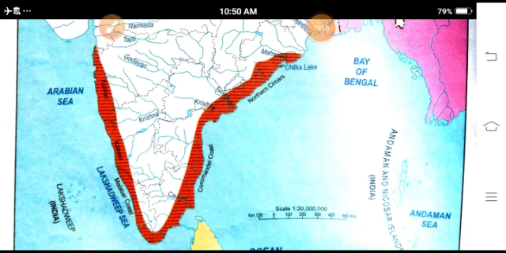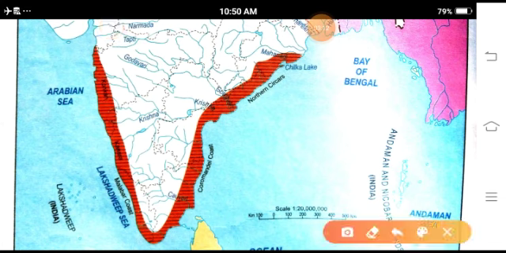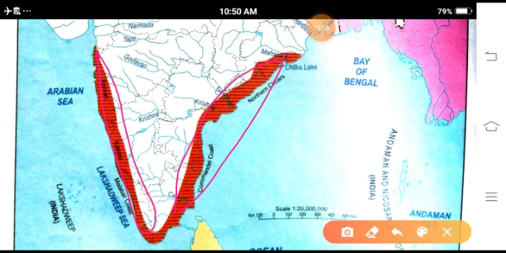Now in the south west of India, you have to see the coastal plains region, on the western side. In the eastern side of the south, there is also the coastal plains area. Regarding the water bodies, Konkan and Kanara are the most important regions.